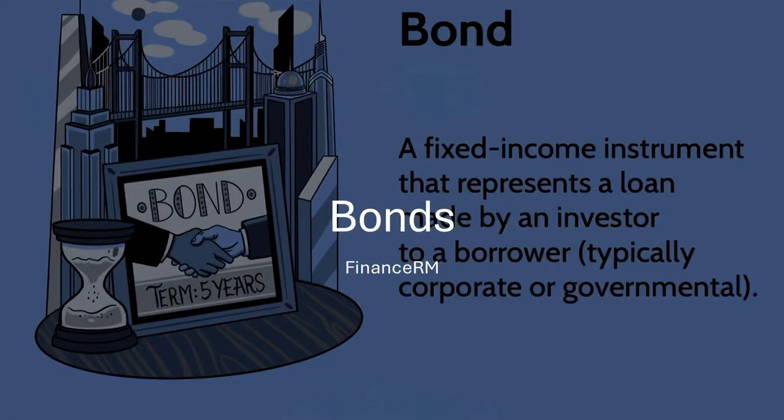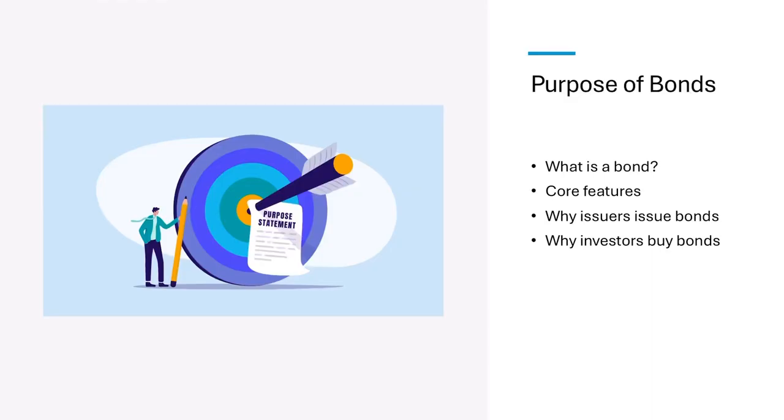In this lesson, we will talk about bonds. So, firstly, what is the purpose of bonds? A bond is essentially a loan agreement between an issuer, or borrower, and an investor, or lender. Instead of going to a bank for financing, governments and corporations issue bonds to raise money directly from the public